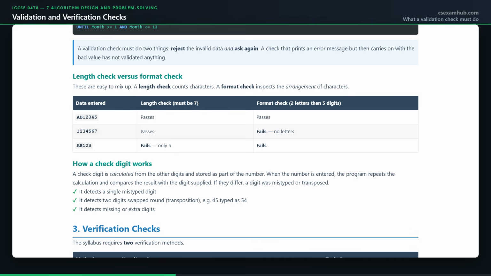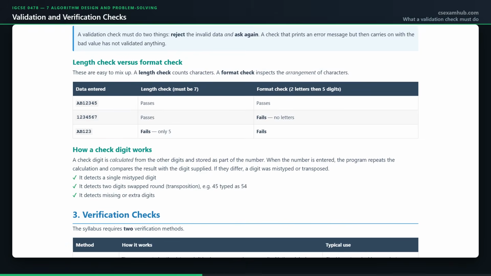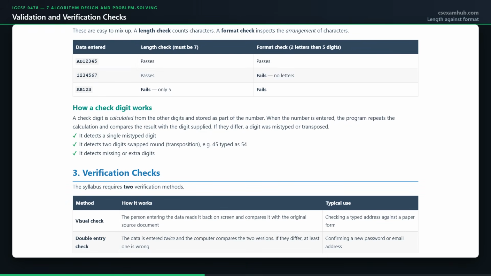In pseudocode, the shape is a loop. Repeat asking for the value while the value fails the check. Notice it is a loop rather than a single if because a user can get it wrong twice. A single if checks once, and if the second attempt is also invalid, that bad value goes straight through. If a question asks you to write a validation check, writing an if where a loop is needed is a common and expensive slip. Length check and format check are the pair most often merged, and the table on the